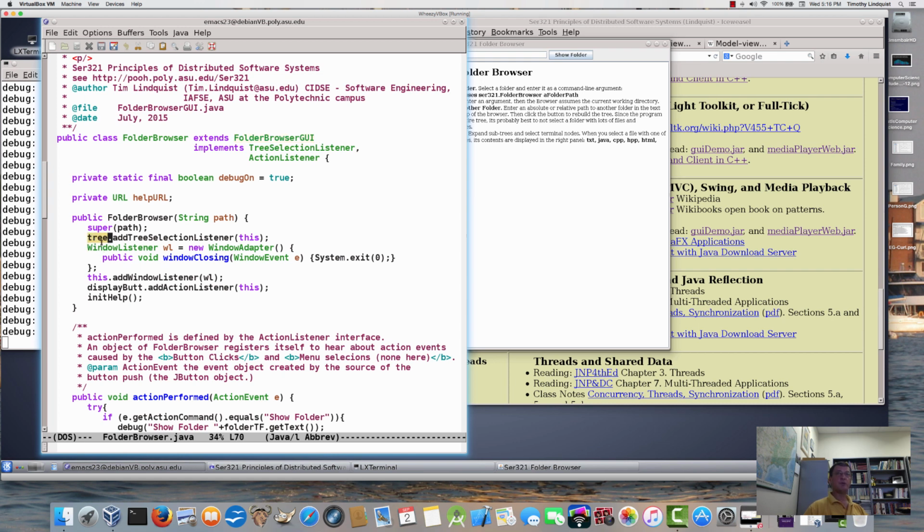So when I reference tree from the FolderBrowser constructor here, its parent's constructor has already executed, and now I am telling that tree that's already been created, I want to add a selection listener. So in fact, the callback